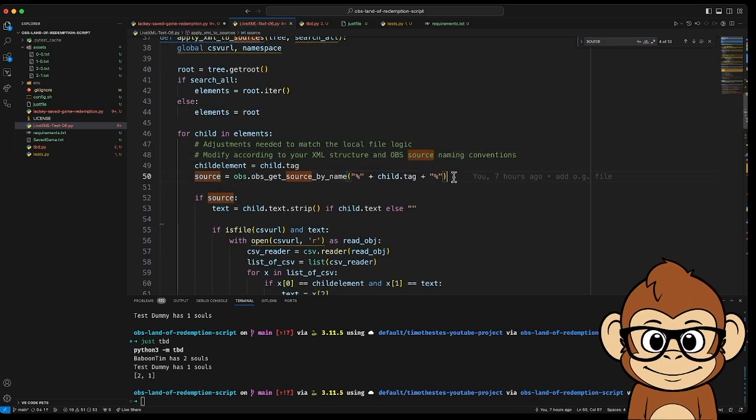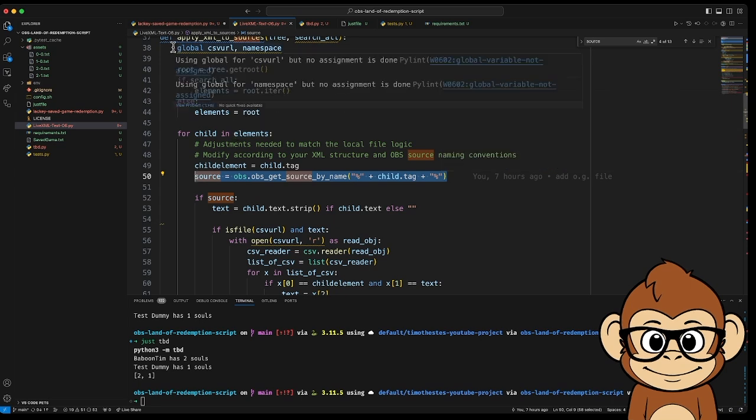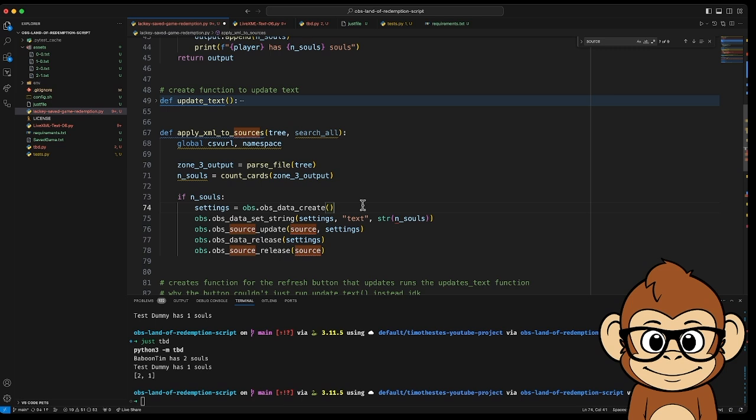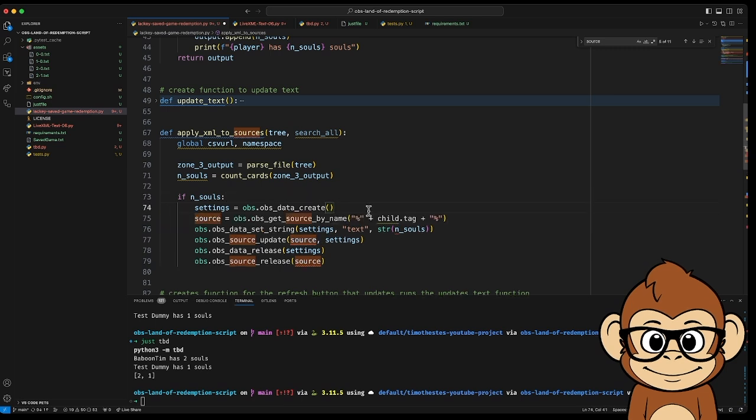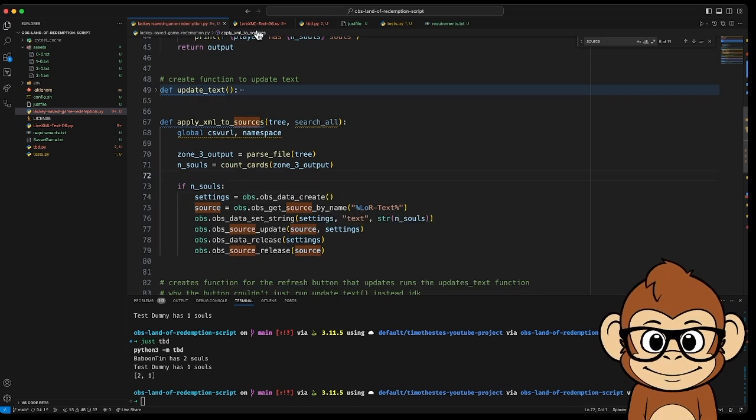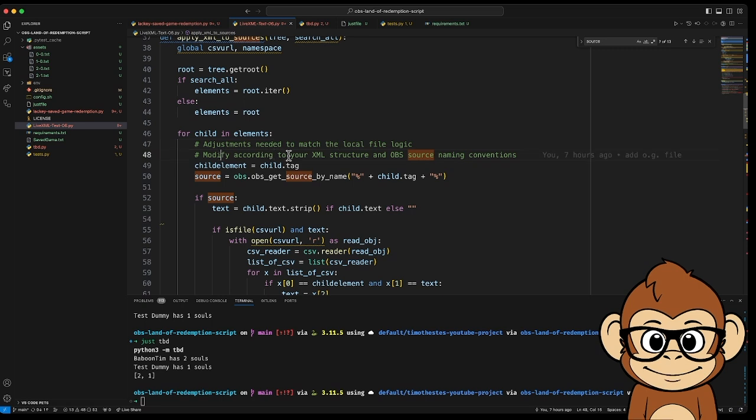Source equals OBS get source by name. Whatever does that mean? Child.tag. OBS get source by name. Okay, I don't know if that's going to work. Just logic. OBS source naming conventions. Okay, apparently there's like a